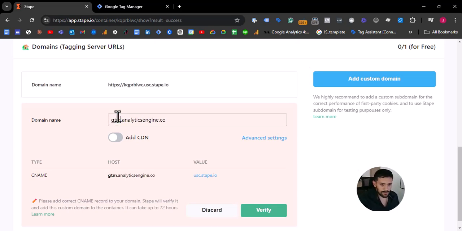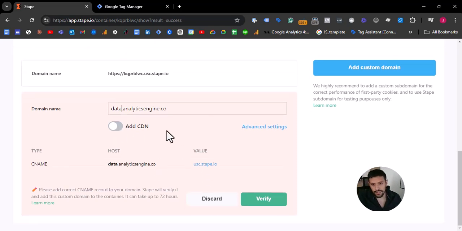You can put in the subdomain whatever you like: GTM, or server-side GTM, or just the letter D, whatever you like. In this case, let's use data.analyticsengine.co. You can add your CDN, but I suggest we use the one from Stape. Alright, let's now grab this value here, the CNAME and the host, and this value right here at the right, by going to our DNS manager. In my case it is Google Domains,